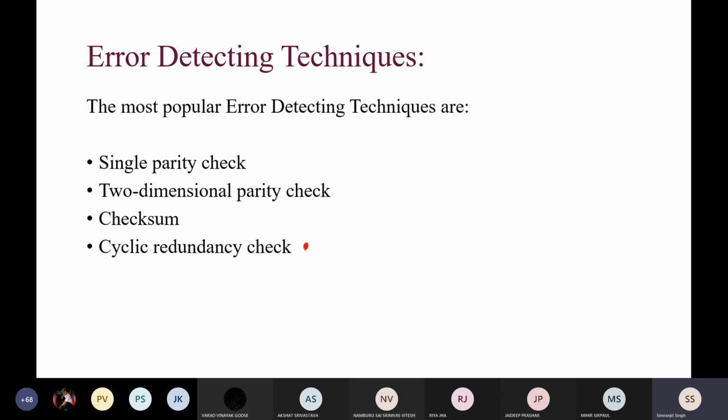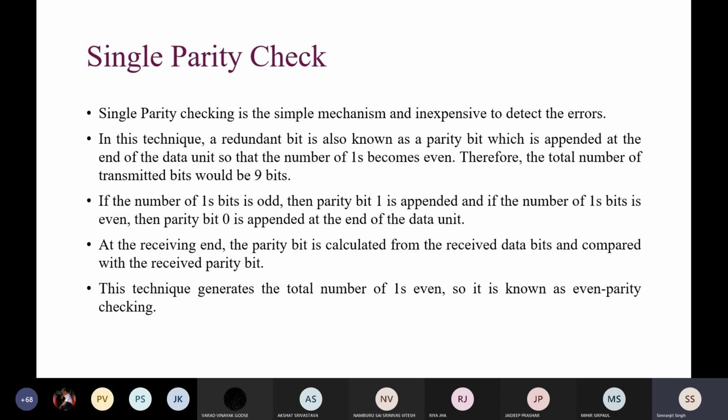Okay, so single bit parity check is a simple mechanism that maintains either odd parity or even parity. I'll tell you what parity means here. By default it will be even parity. If nothing is given to you, by default you only have to figure out the even parity. And if a question specifically says that you have to figure out odd parity, then you can go there. If nothing is given, you have to set an even parity.